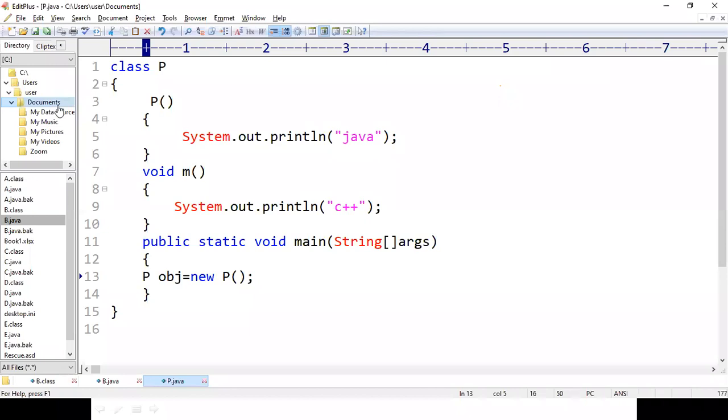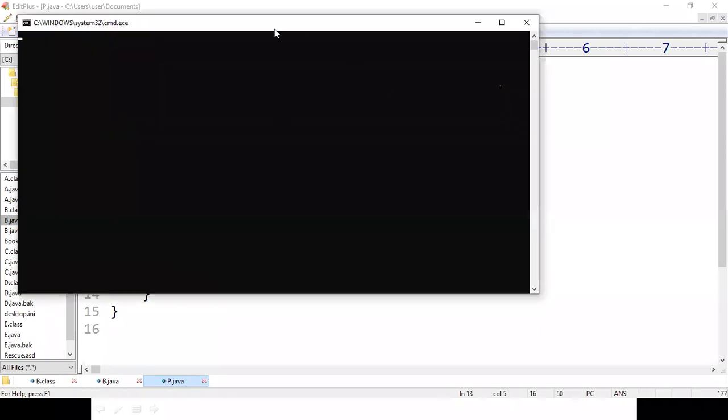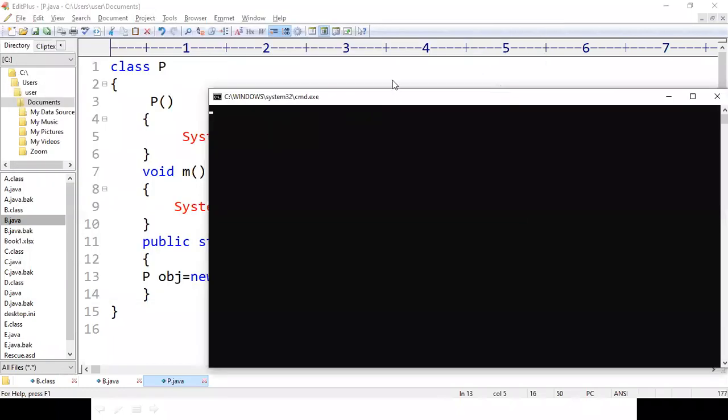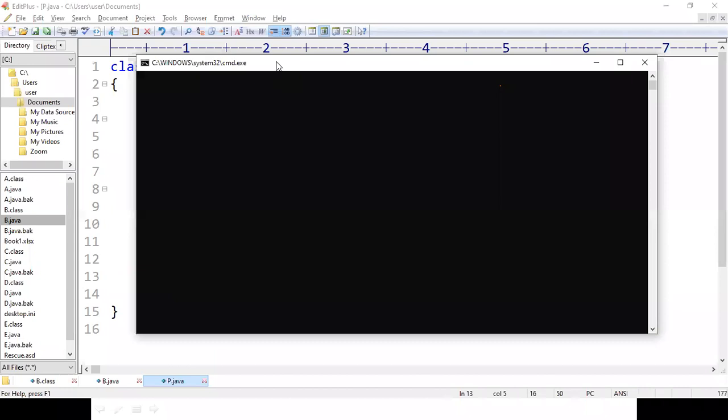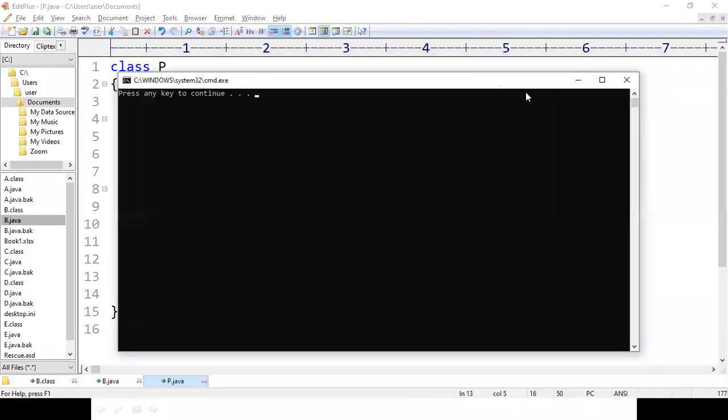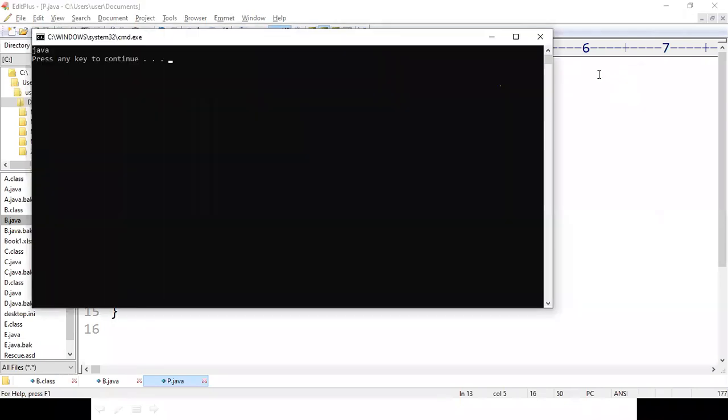Now compile the program. There are no errors, and then run the program.